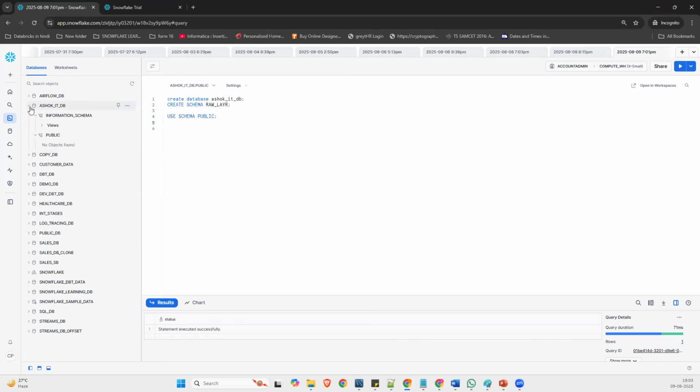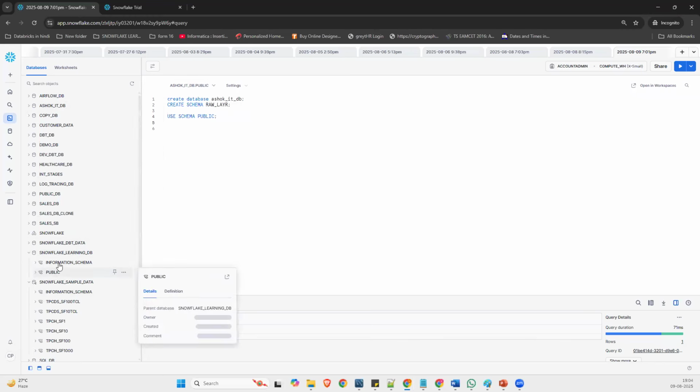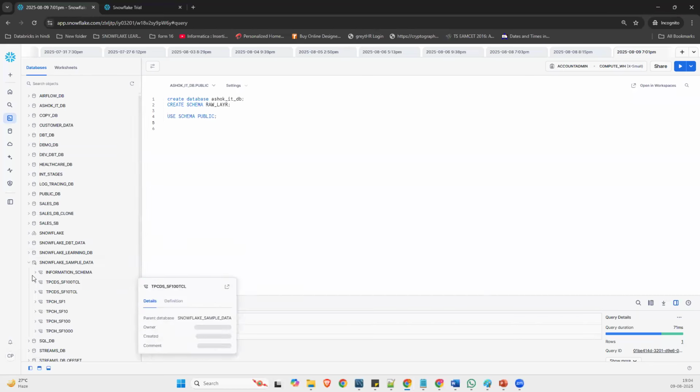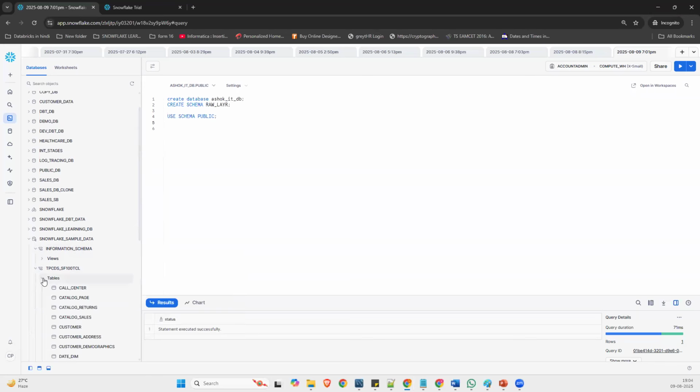Whenever you log in for the very first time, you have this sample data shared by Snowflake. Here, the learning DB is provided by Snowflake. So you can explore the data inside of the sample data. These are the schemas available. It has 100 terabyte. It has tables like call center.